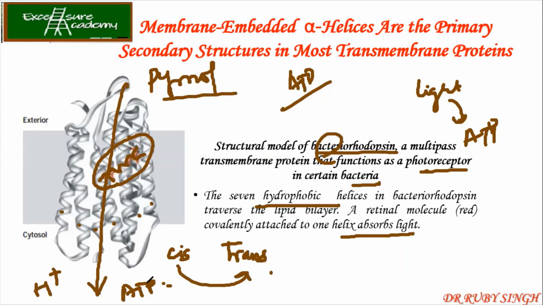What you need to understand is that bacteriorhodopsin has these 7 hydrophobic helices, and you don't need to remember each protein and how many membrane helices are there. Whenever they ask a question, they themselves will give you the answer, like they will mention that these proteins have this many helices. Now from this, I just remembered one question.